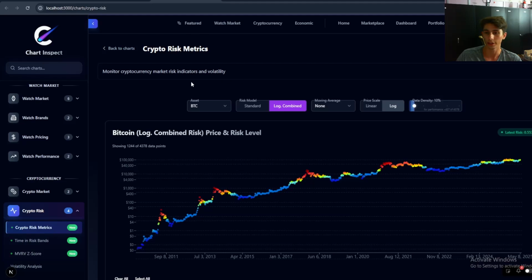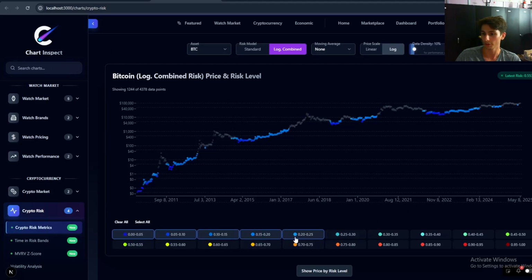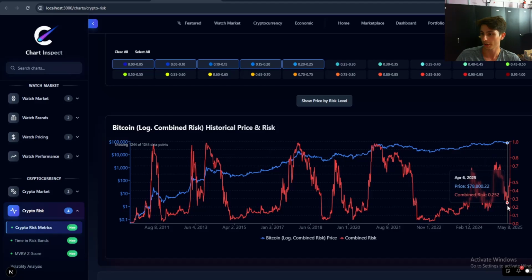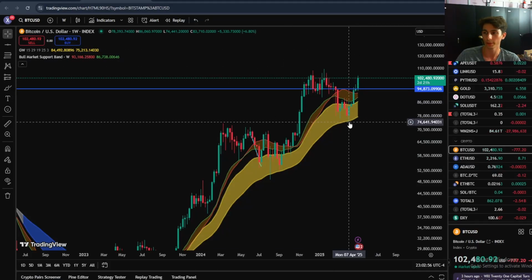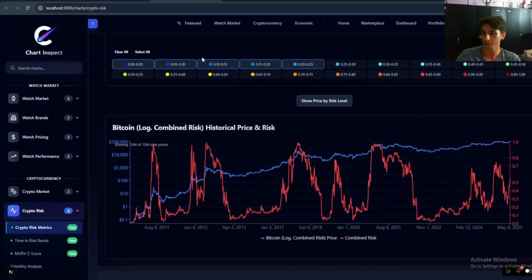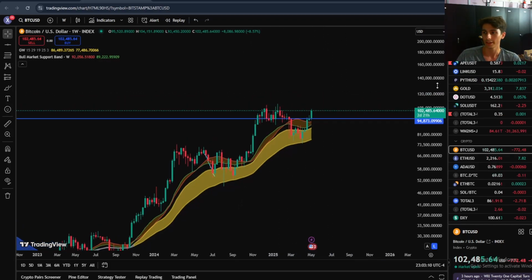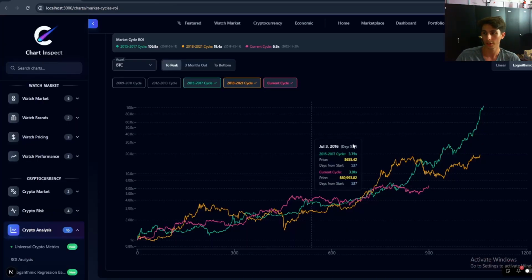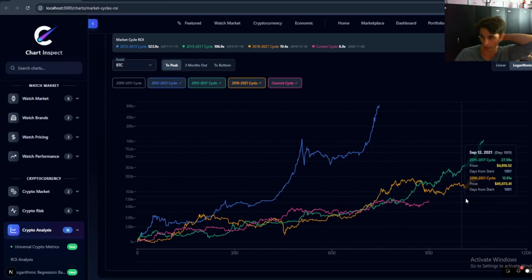If you take a look at the Bitcoin risk level, you can see that at that period we were actually at a risk level of 0.2. If I go down here, 0.231, and we were at 77k right there. I don't have the low price, but you can see we were pretty low there. And so Bitcoin popped above naturally. I would say that if we can get a close above this level around 94k on the weekly time frame, then we can start to see the cycle follow the rest of these cycles, in which we would continue up and continue up for longer.